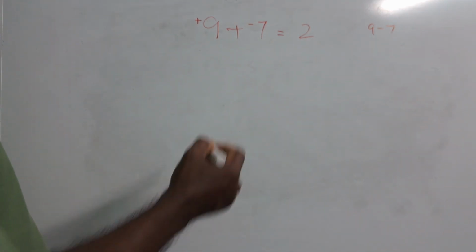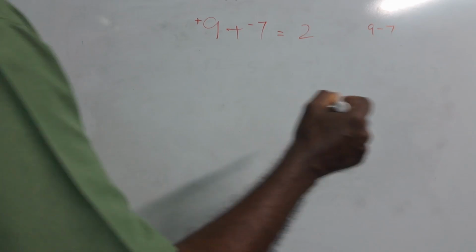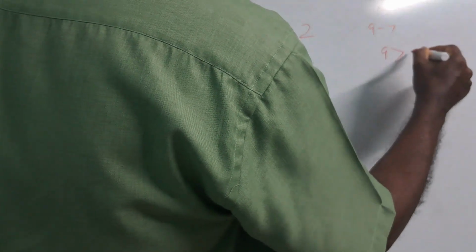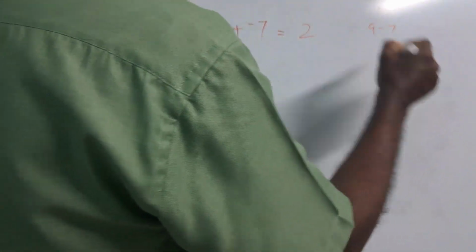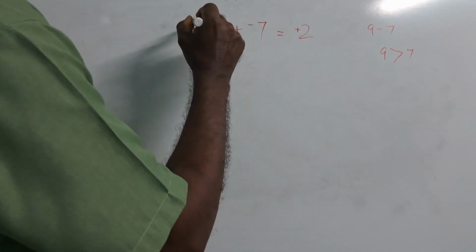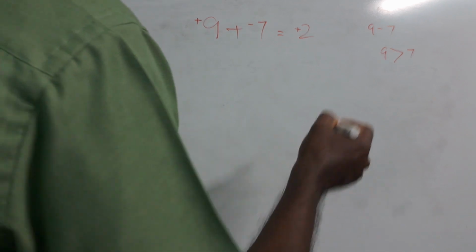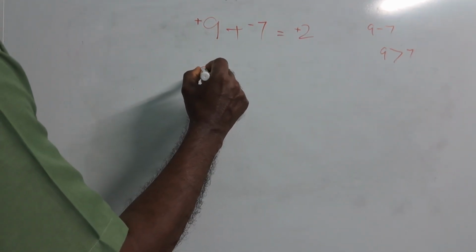Now, see the sign of the larger number. 9 is larger than 7, so the larger number is 9. The sign is positive, so the answer is positive 2, because 9 has a positive sign. In the same way,